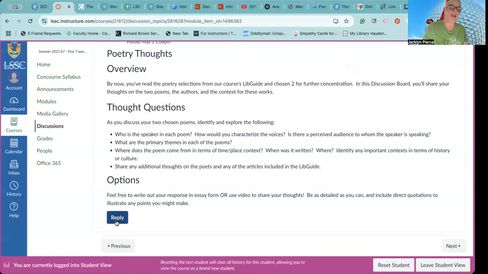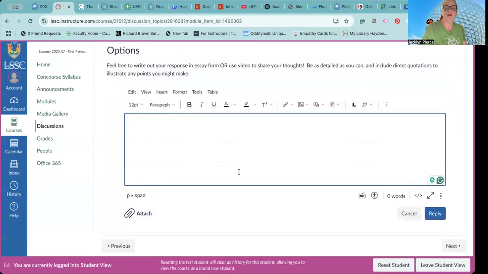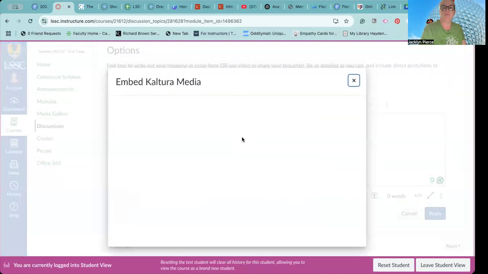You are going to be writing papers throughout the semester. So I've tried to give you a little bit of break on writing for the discussion boards. In order to use Kaltura to incorporate it directly in the discussion board, remember you go to the little plug and choose Embed Kaltura Media,